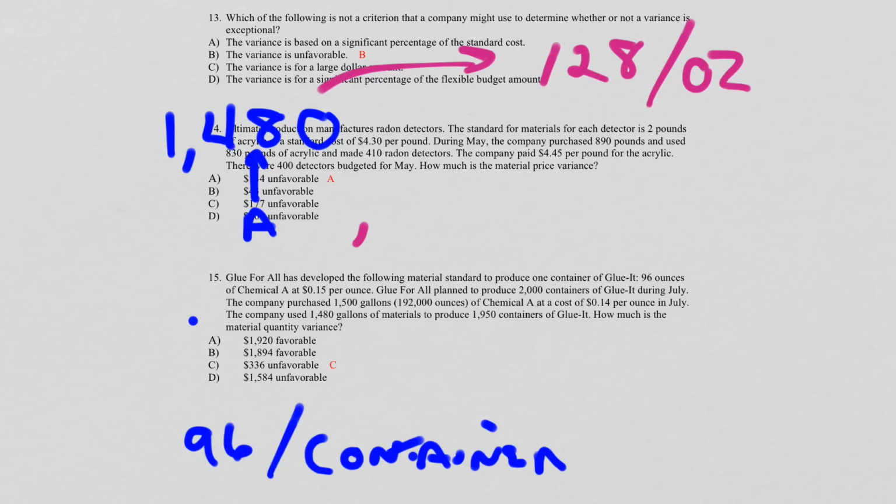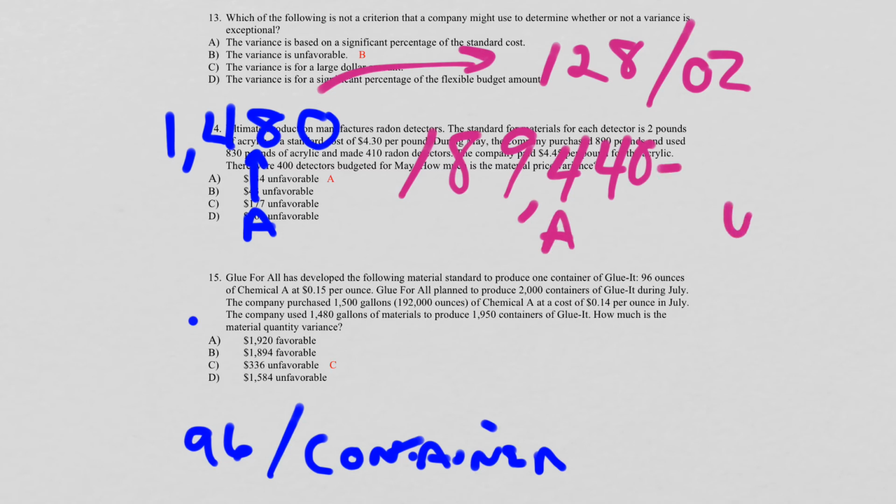Let's make a little bit of room here. Let's say 189,440. This is my actual. Now I want to try to figure out what the budgeted amount was, meaning the standard amount. So now let's go figure out the standard amount, and then we'll be able to solve the problem. The standard amount was 96 ounces per container. So 96 times